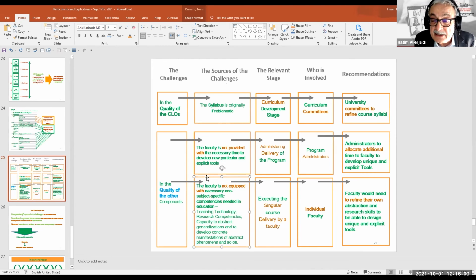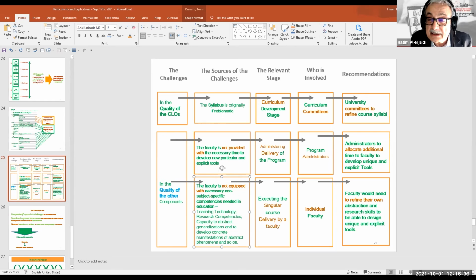Or the faculty herself is not really equipped with the necessary non-subject specific competency that are needed as educators in relation to teaching technology, research competencies, capacity to abstract, and so on. So these are two types of sources for the challenges in the 5 components.